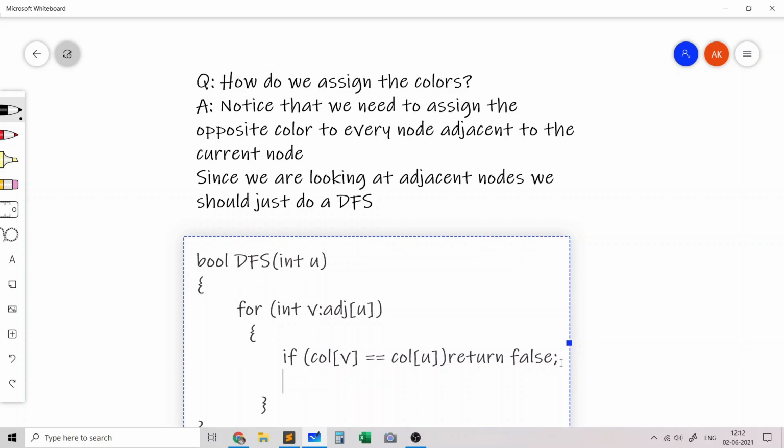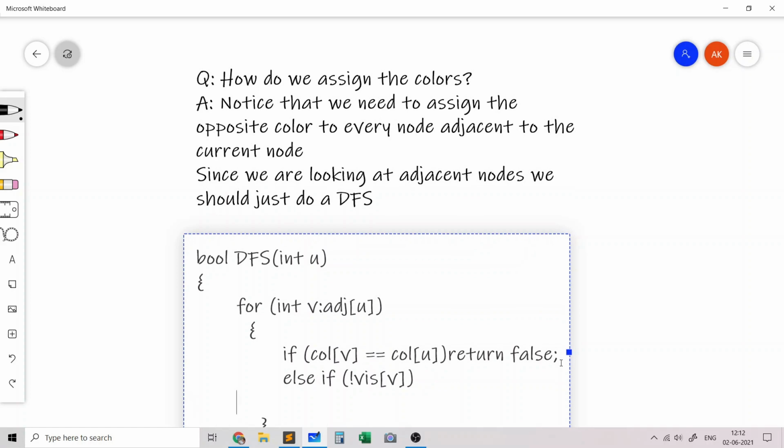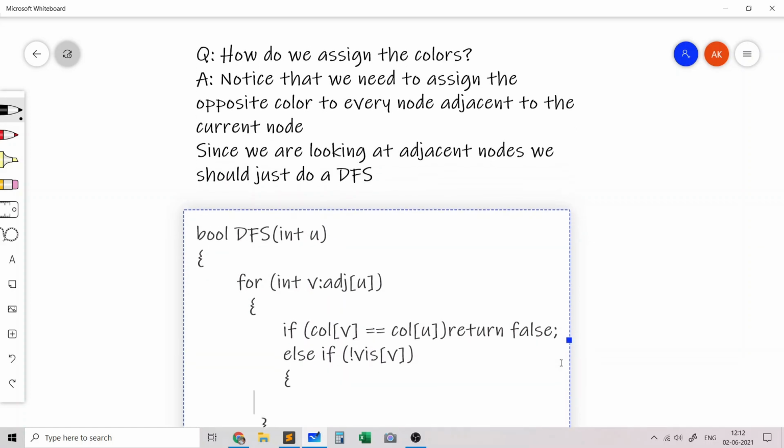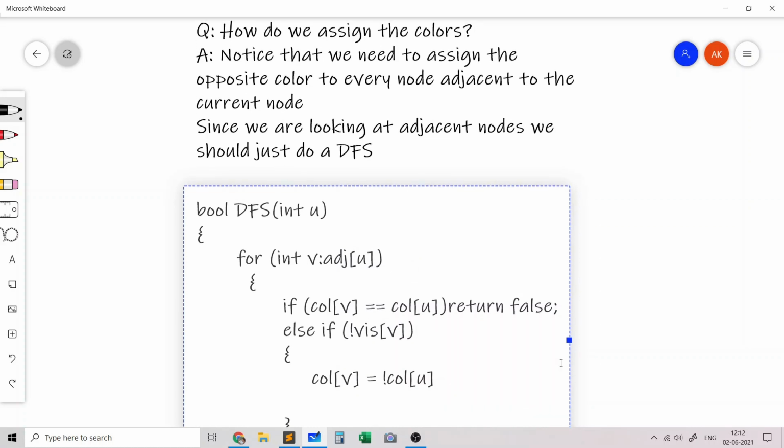And otherwise we check if not visited of v, then basically we assign the color opposite to v. So color of v will basically be the opposite color of u, and then we call DFS on v.